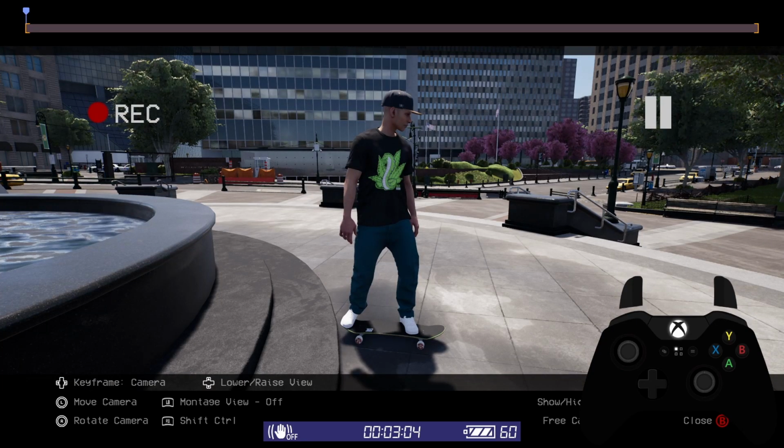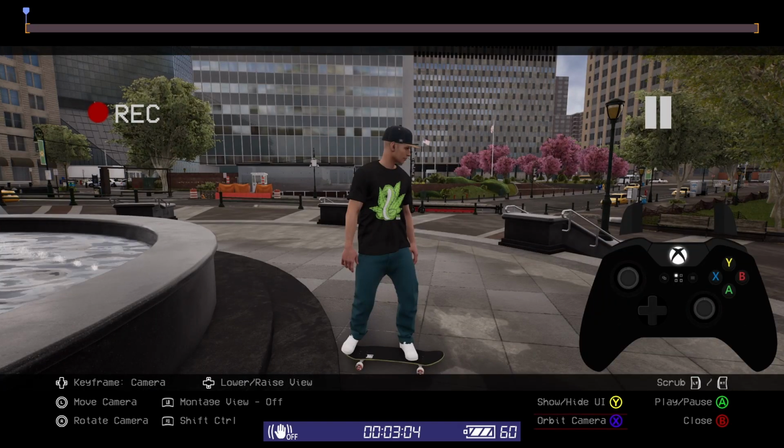The editing process is done by adding keyframes to the timeline. There's 5 different keyframes you're able to choose from. To cycle through the different keyframes, you can use the left and right arrows on the D-pad. It's worth noting that each keyframe has its own timeline, so don't panic if you change the keyframe and everything disappears. The camera keyframe is the main workhorse for the replay editor. It lets you set the position of the camera. But before I go over that, I'm just going to explain the different types of cameras.